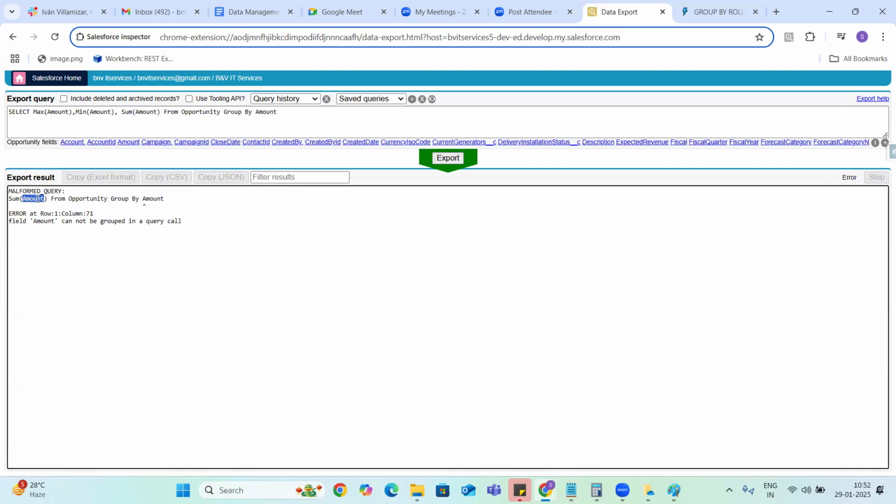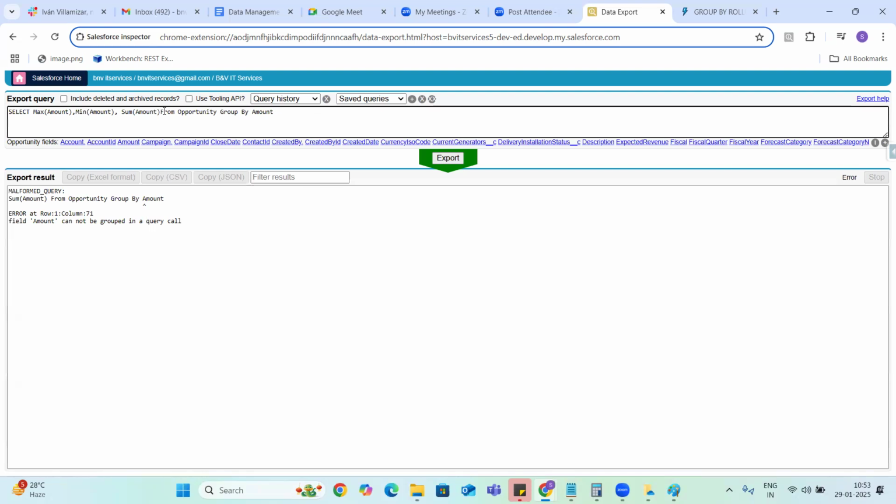Amount cannot be grouped in a query call. Okay. Amount field, we cannot group it. Do we have any other fields?